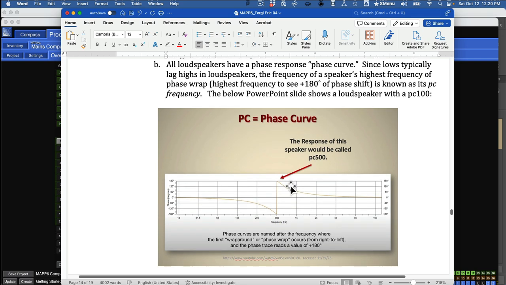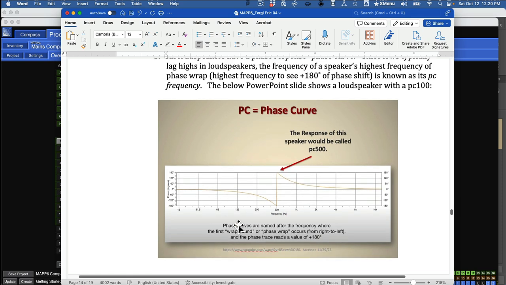And phase curve is a way of talking about where that first initial phase wrap is as you go down in frequency. For example, on this PowerPoint slide, if you had a speaker whose first phase wrapping was at 500 hertz,